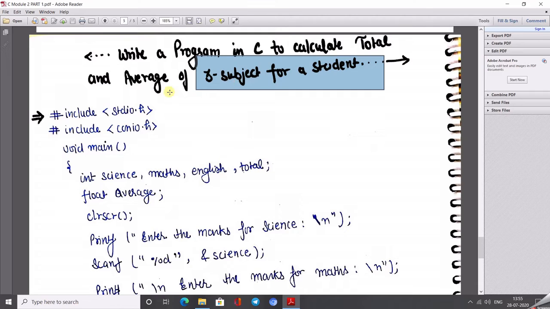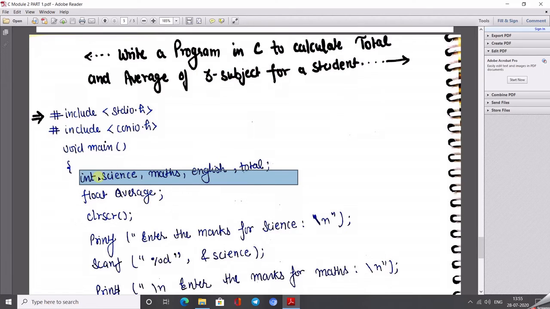So I declare the marks in integer format, int science, maths, English and total. You can also use prefix format like S for science, M for math, E for English and T for total.